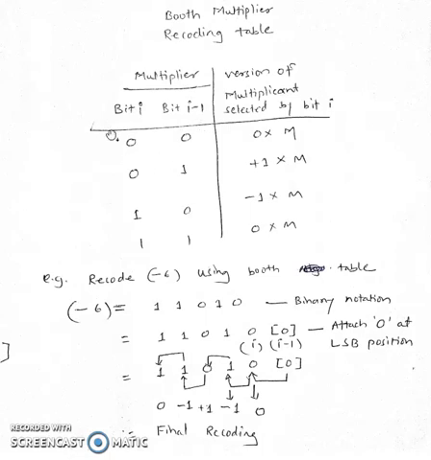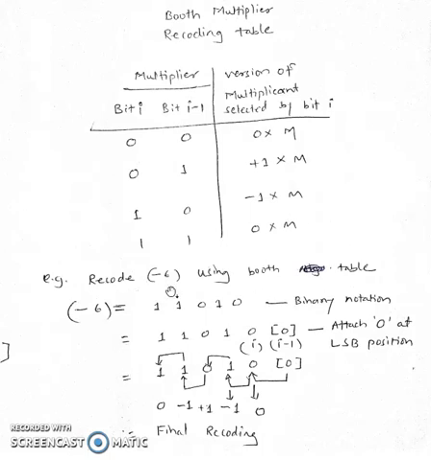It's a very simple arrangement, as we know that there are only 2 bits in consideration. That's why we have a truth table of 4 rows. So 0 0, 1 1, 1 0, 0 1. Both zeros are there, we make a 0. Both ones are there, we make a 0. And for 1 0, we are moving from 1 to 0, then it is positive 1. We are moving 0 to 1, so it is minus 1. Okay, so let's understand how it works.